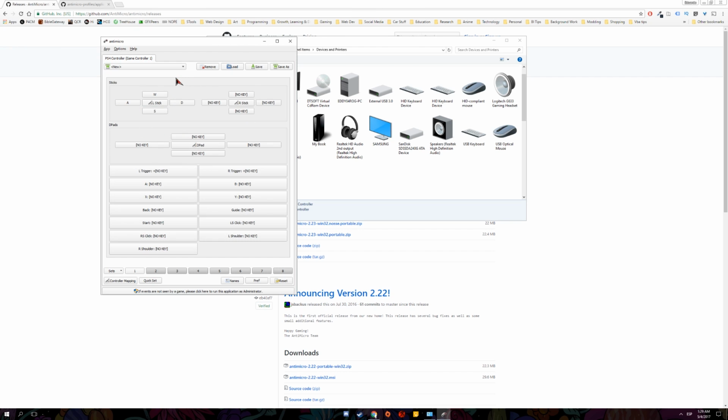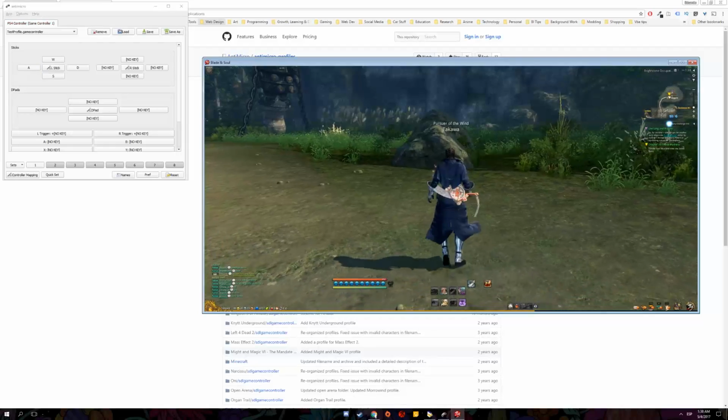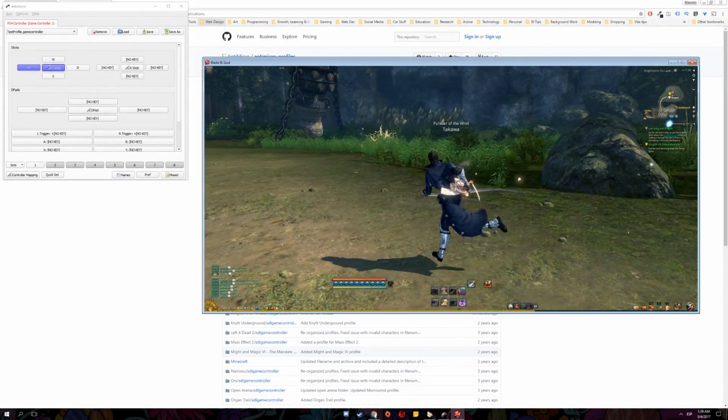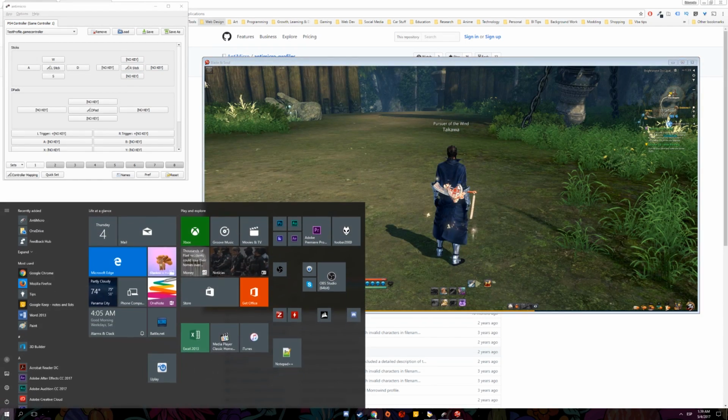I am going to open up my Blade and Soul. So you can see now that I am using my controller. Now if I want to use my view, what I need to do is switch over again,